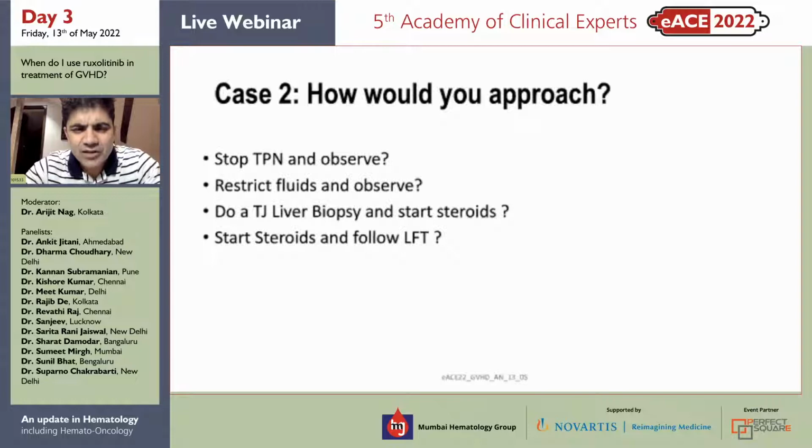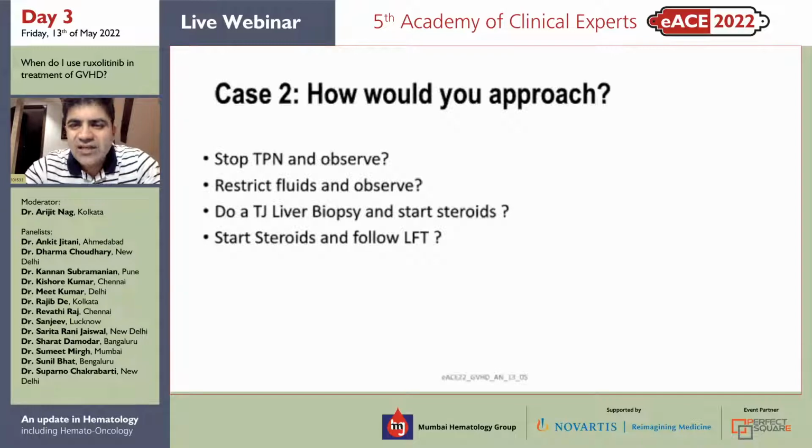The third important thing is also veno-occlusive disease. This is also a setting for that. The ultrasound you mentioned is normal, but that may be normal in the initial phases of veno-occlusive disease. Of course, we're doing a GVHD session, and I'm pretty sure this patient must be having GVHD, but these are the other things which we always need to keep in mind when we diagnose liver GVHD.